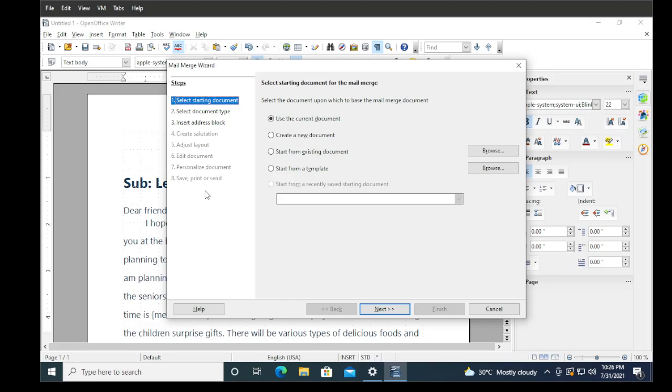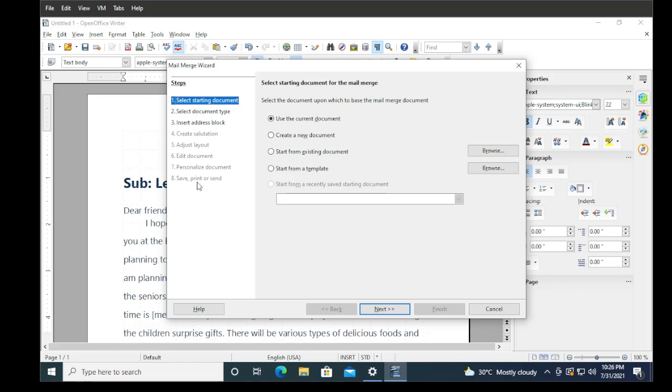First step is select starting document, second is select document type, third is insert address block, fourth is create salutation, fifth is adjust layout, sixth is edit document, seventh is personalize document, and eighth is the final and last step, save, print or send the document.